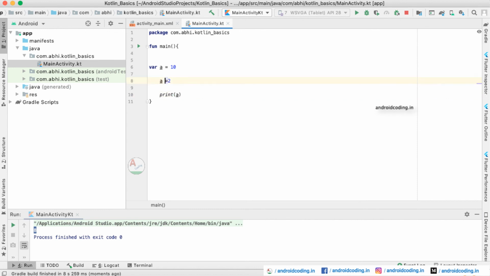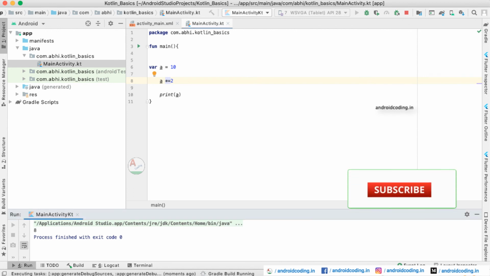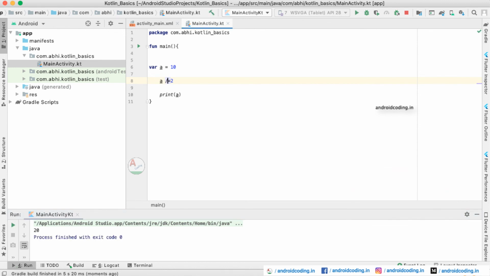And the same for multiplication. So 10 into 2 is 20, we'll be getting for this multiplication. The same for divide here. When you try to divide 10 by 2 you get 5 here.